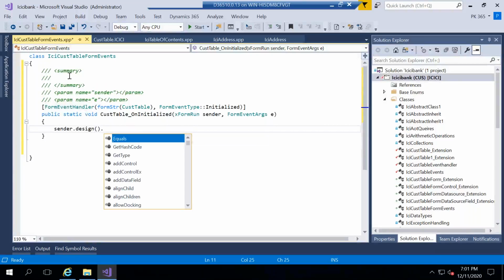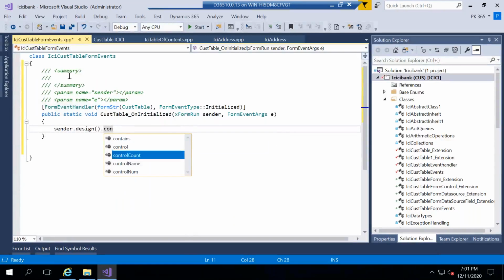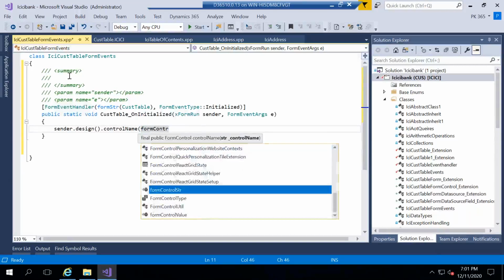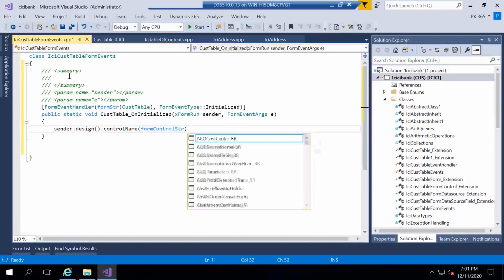Okay, form design. Again, you can see there will be properties and methods and everything. So whatever I need, let's say I want to enable a control. To do that, I have the control name, control num. Let's say I want to take the control name for the sake of easiness. You need to provide the control name. You need to take form control str in the bracket,